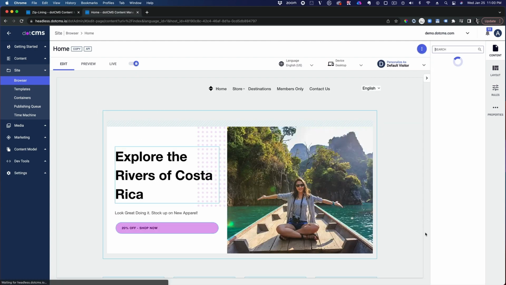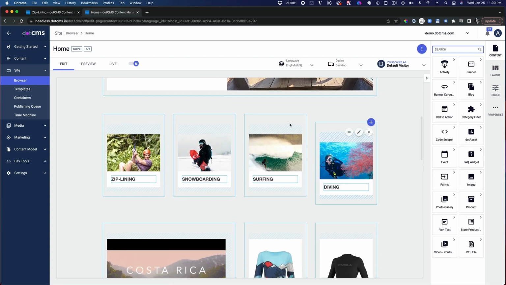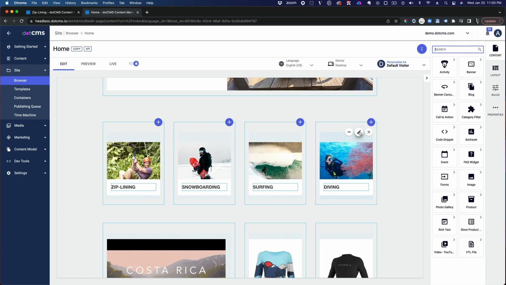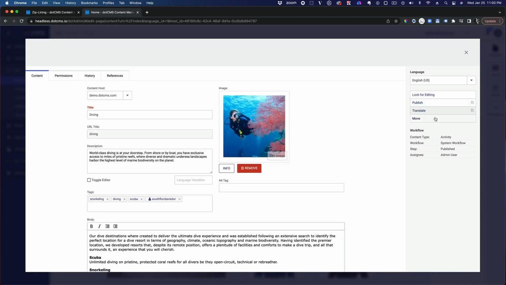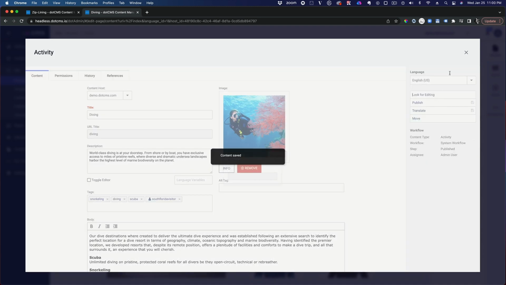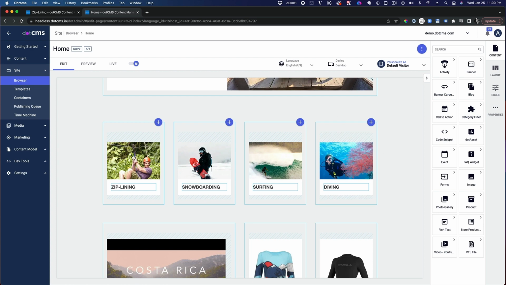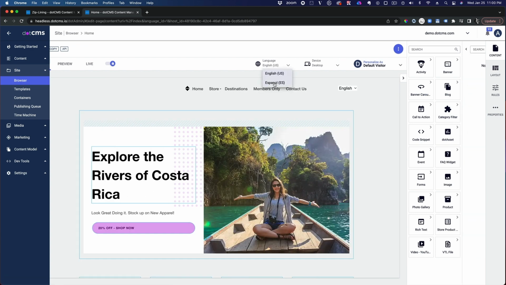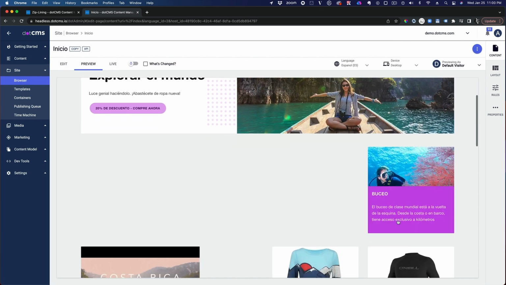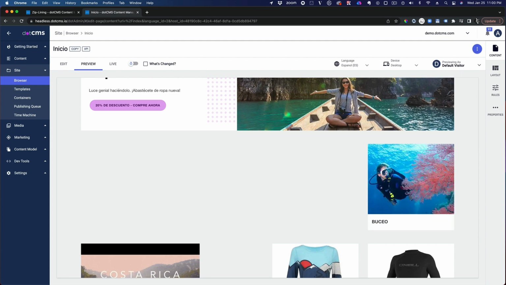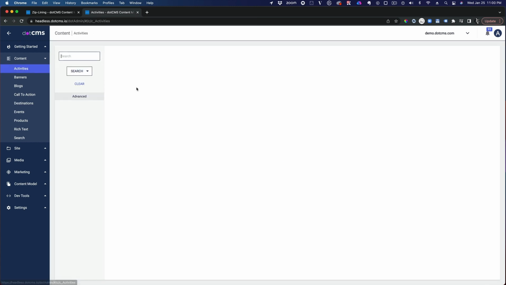So number one, I added a translate button to the system workflow here as well. So I can click translate. As I showed you, you can preview the Spanish that's auto-generated. Now I can go ahead and flip to my Spanish preview of the page, and now I see buceo here instantly. Or I can go back to my English over here, go to activities, and I can perform the action